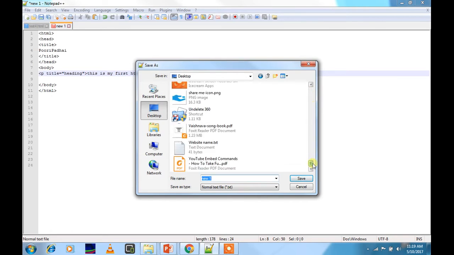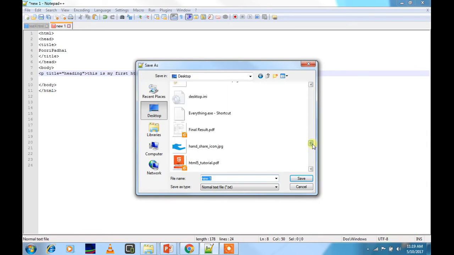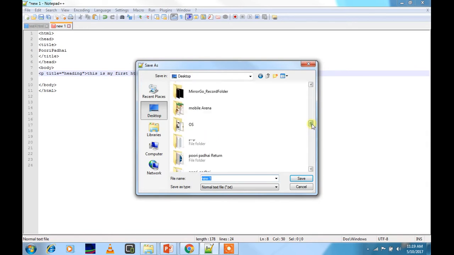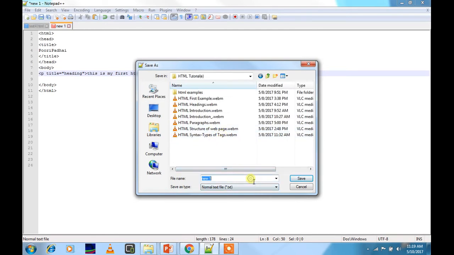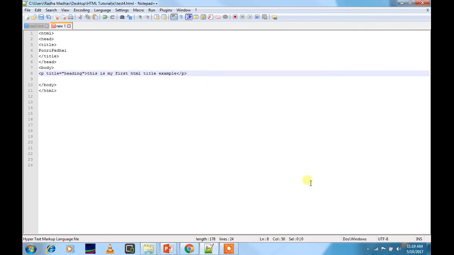So this is my folder where I have saved the whole thing. In this folder I will be giving this name, for example test4.html. We have to give this .html extension to every associated file, and then we will click on Save. Now this file has been saved.